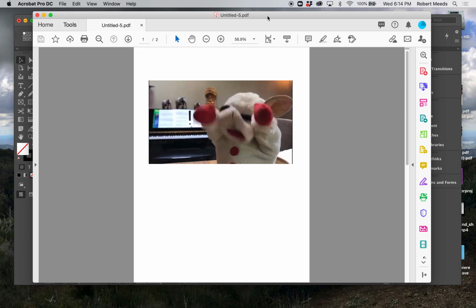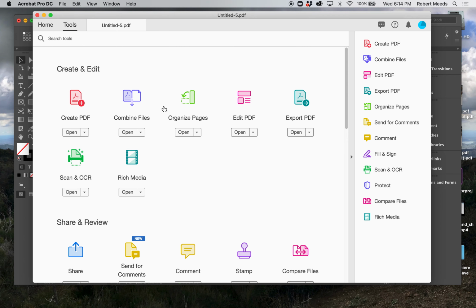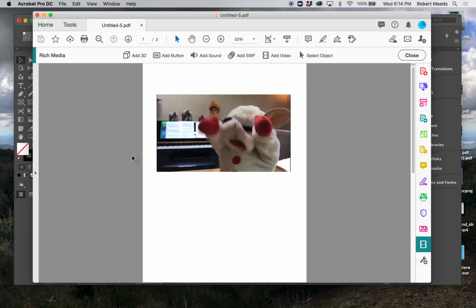All right, so within Acrobat, what I want to do is go into the Tools function. And this is where you would combine different PDFs, extract pages from it, edit it, or whatever. We're going to go into the Rich Media. And so I click on this, and what I want to do is get into the options, and on a Mac it's Control click, on a PC it's right click, and so if I Control click here, I go down to Properties,